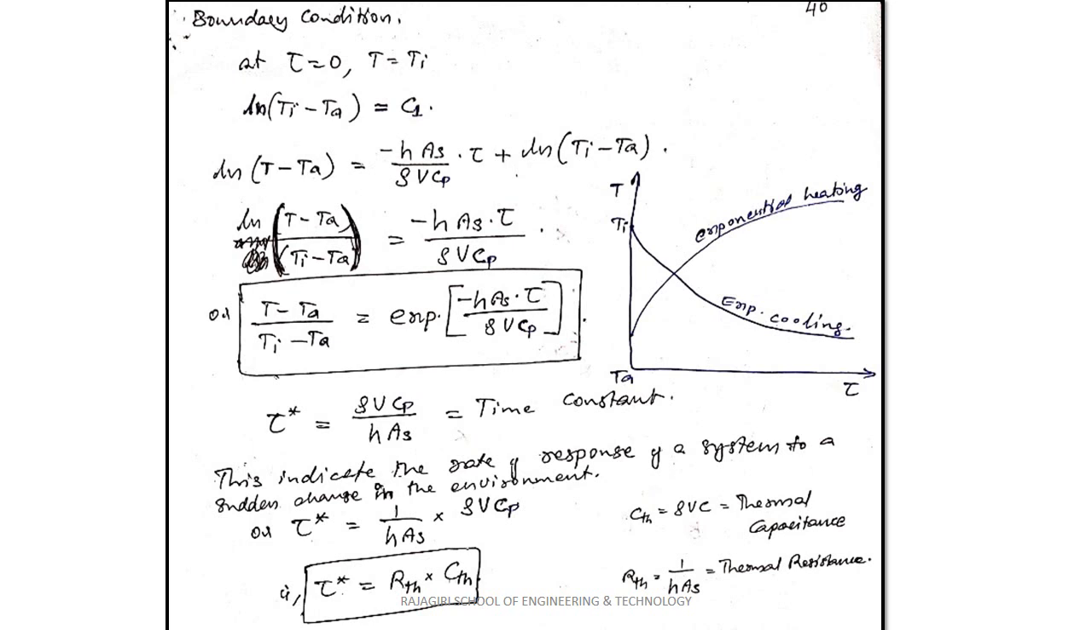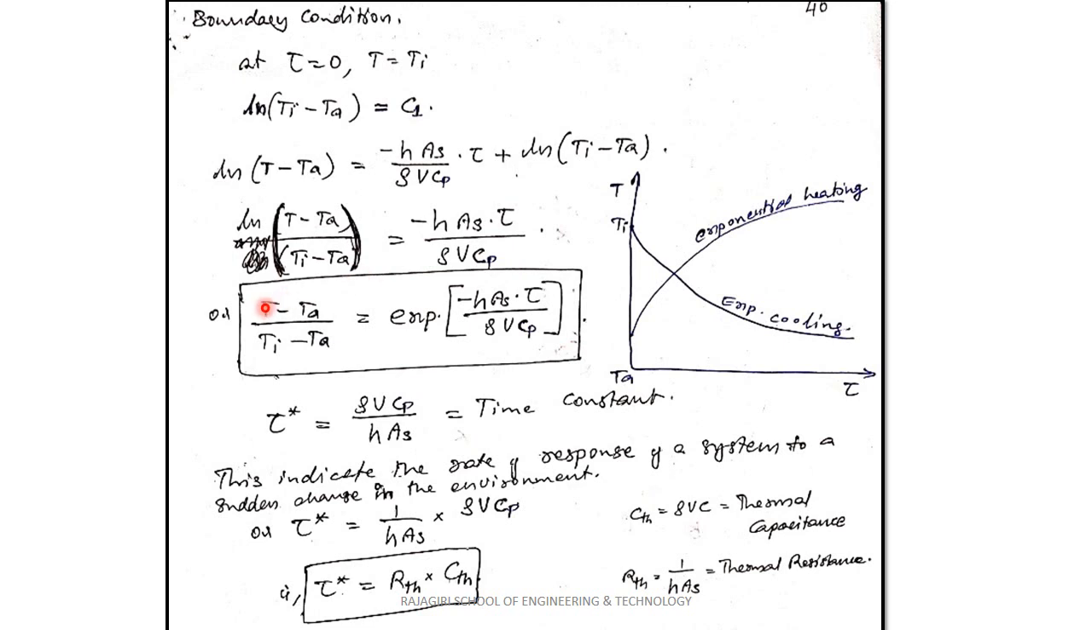That is, at the time tau equal to 0, the temperature T of the body is equal to Ti. If we apply this boundary condition, we will get the constant of integration C1 equal to ln of Ti minus Ta. Now substitute the value of C1 in equation number 1 and rearrange the equation. We will get ln of (T minus Ta) divided by (Ti minus Ta) equal to minus hAs tau by rho V Cp,